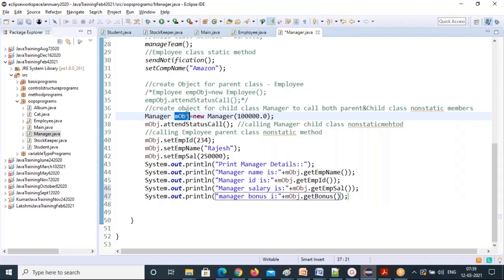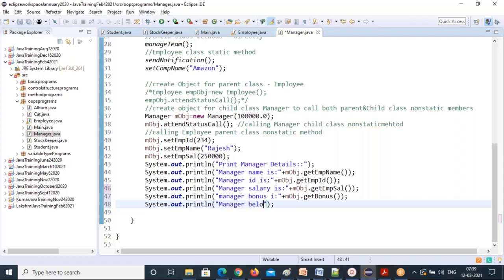You don't need an object for each class, so you're saving memory. I hope you are clear now how to call in the inheritance process: how to call static members and how to call non-static members. Please catch that difference, and it's very, very easy.